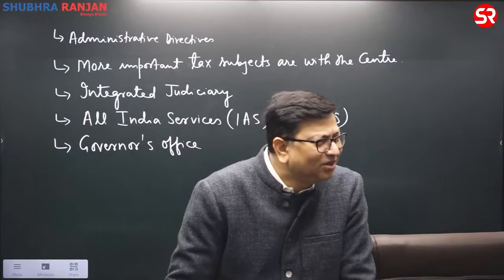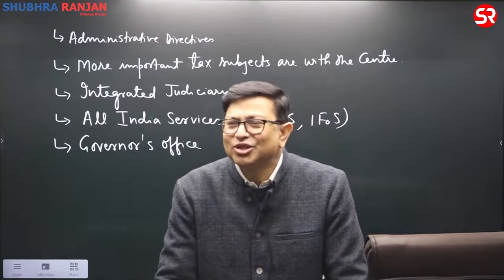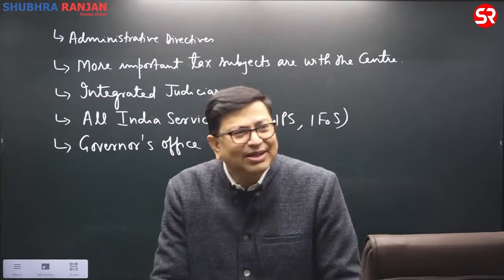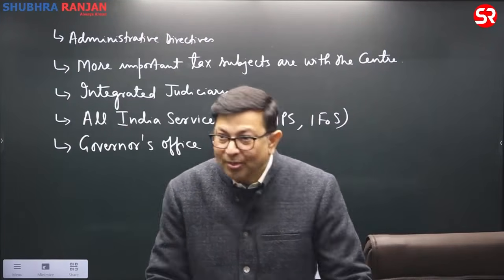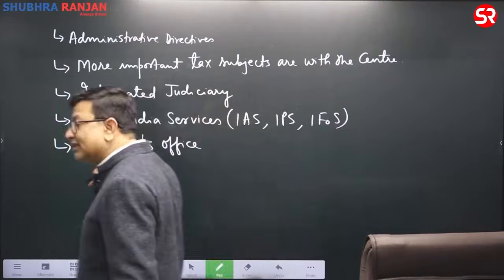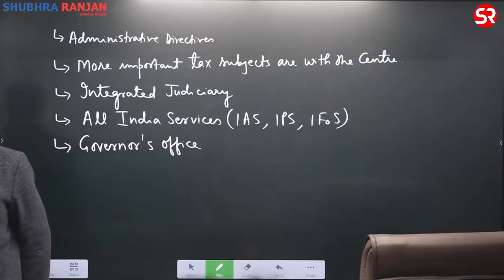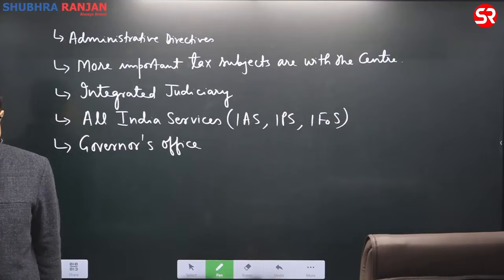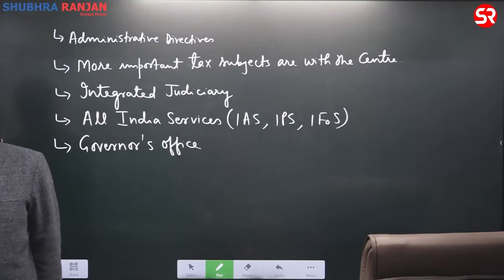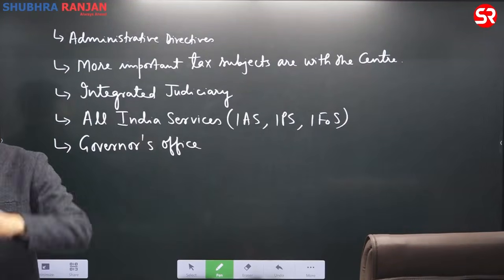So the third view: okay, only if he has to be a representative, let an eminent person be appointed as the governor. So if I had just said it's a governor's office, then why is the governor's office a unitary feature? What was the logic behind it? The Constituent Assembly debates, that aspect has to be understood. Then you will never forget it.